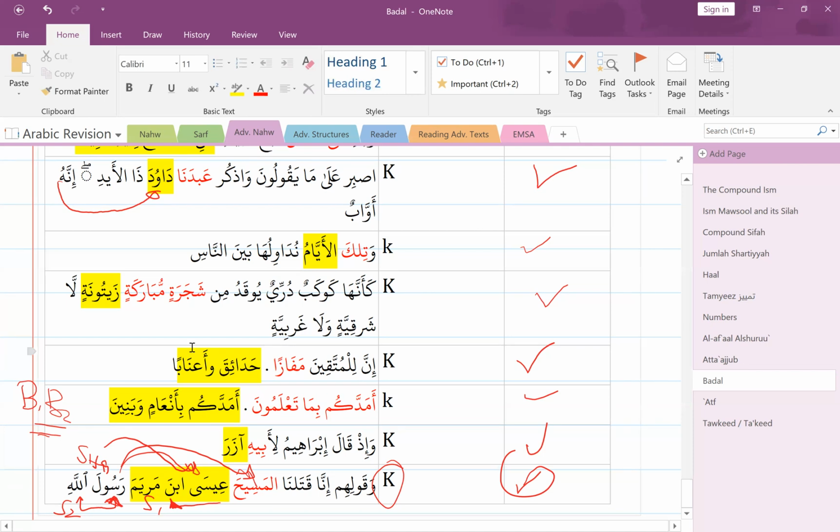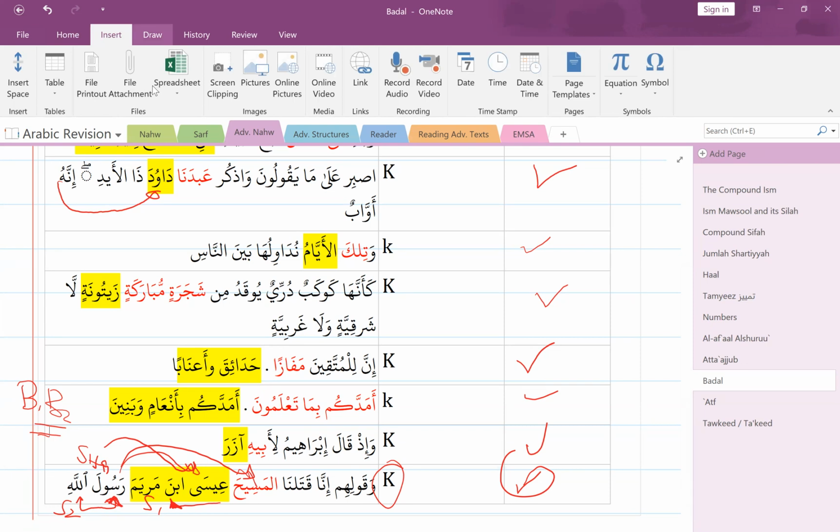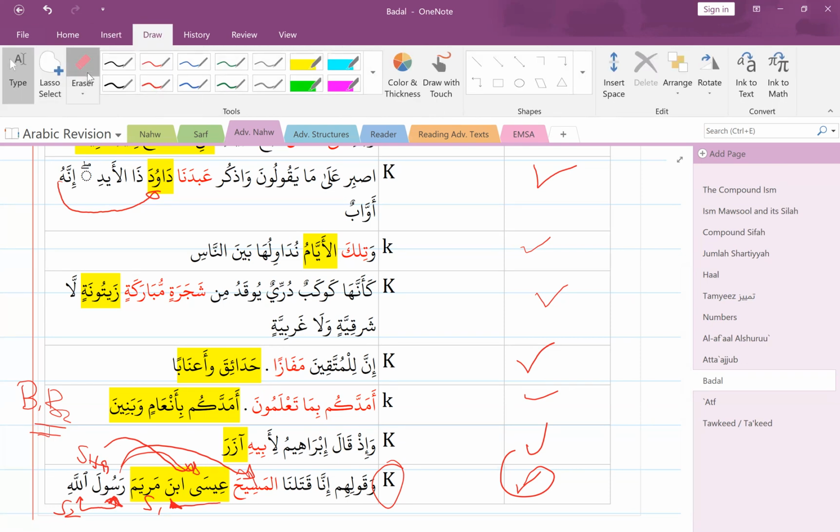So I think it can happen. True, in that case, you're right. Good observation and good reminder for that. So depending on how you look at it, and if the rules don't contradict, then it's possible. That's the whole idea. I don't know if there are any other questions on badal.